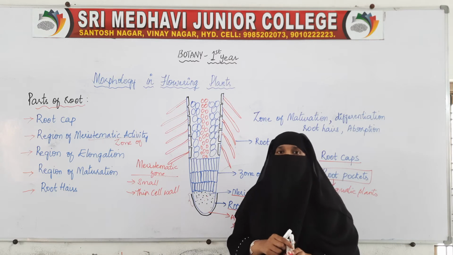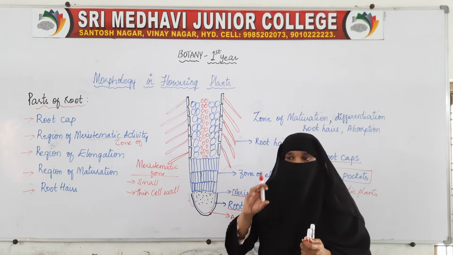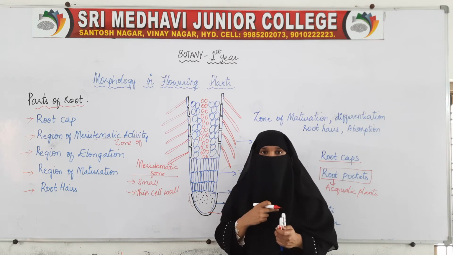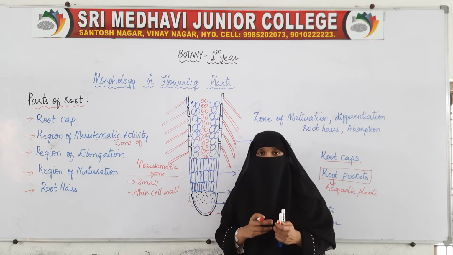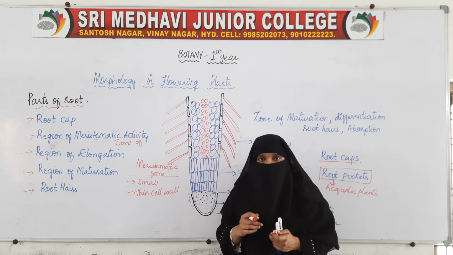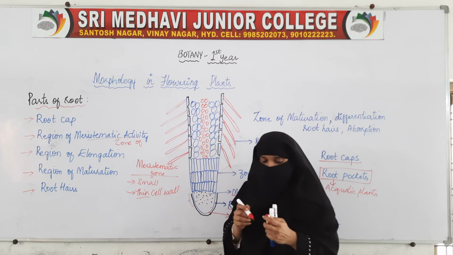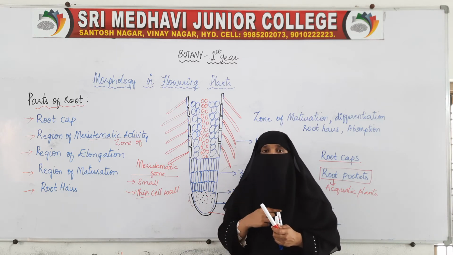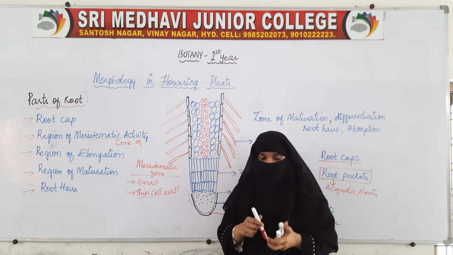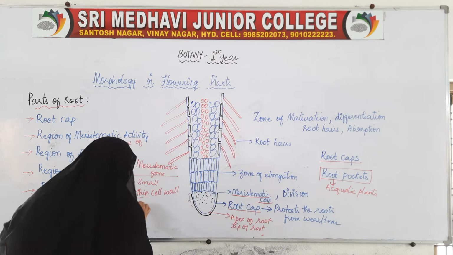The cell wall is thin because they will be continuously dividing. So for this, flexibility should be there inside the cell. If the cell wall is thick, the cell will not have that much flexibility. So flexibility will be lost with the thick cell wall. So instead of a thick cell wall, the cells will have a thin cell wall. This thin cell wall will provide the cell the flexibility and it can divide easily. Apart from this thin cell wall, they have dense protoplasm.